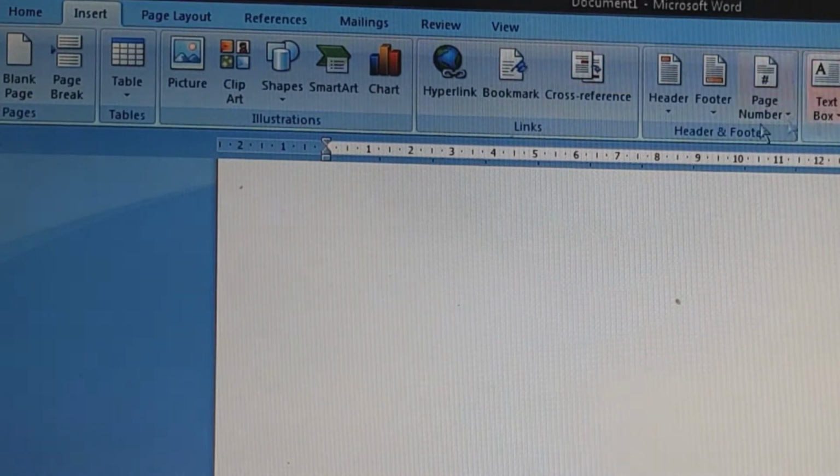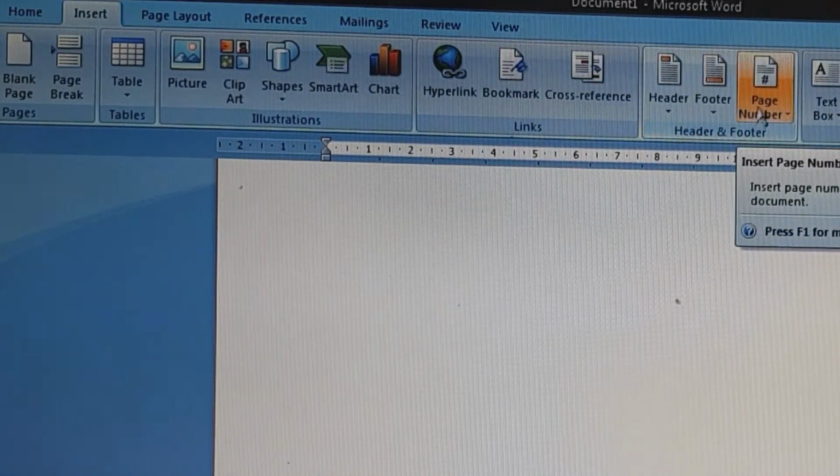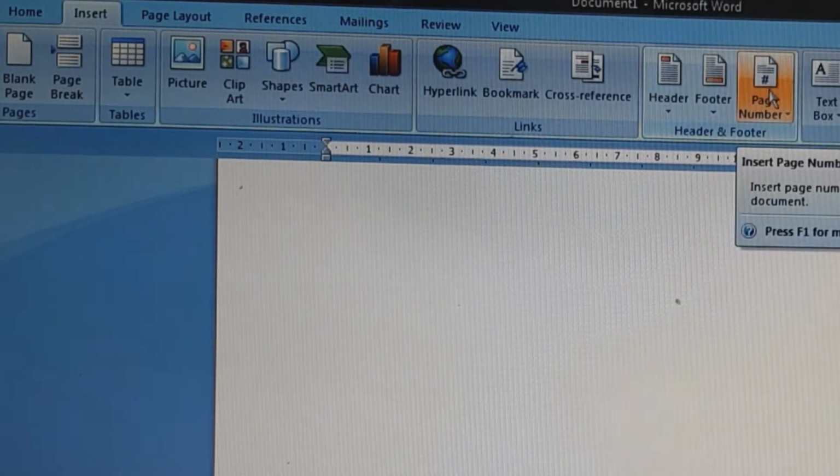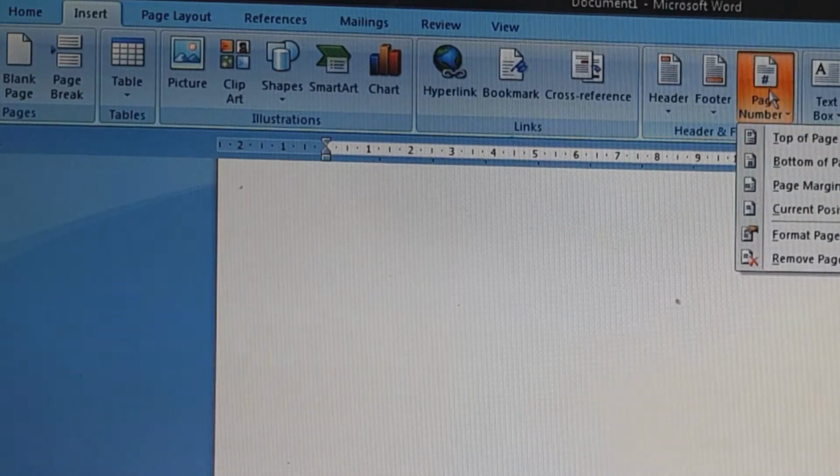Now children, we want to insert the page number. So on insert tab only, header footer group, you have page number options. So click on this.